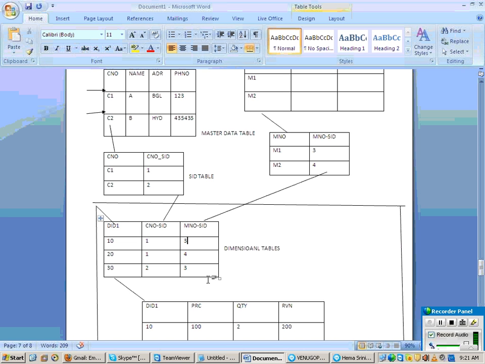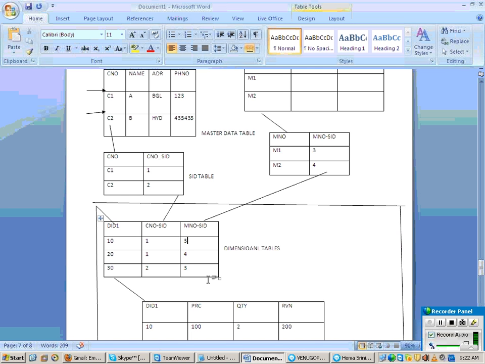Understand? So how you decide which character has to be assigned to which dimension is purely based upon its cardinality, based upon its relationship. If the relationship is one-to-one, you can assign all those characters to the same dimension. But when the relationship is one-to-many, you have to assign it to different dimensions. Clear the logic?